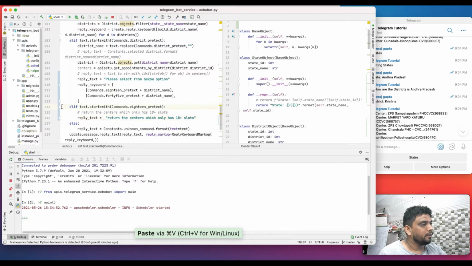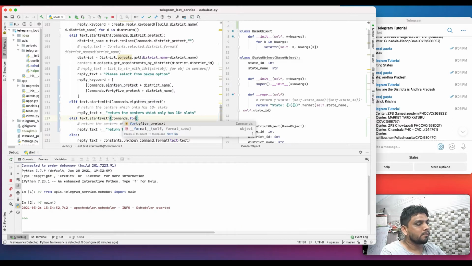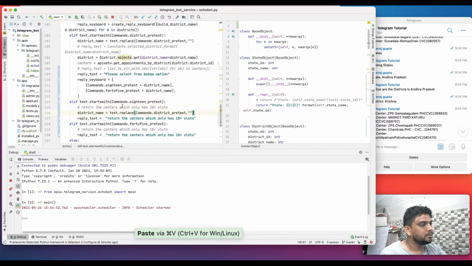And the same way we want to have slots for 45. We want to do the same stuff like this.